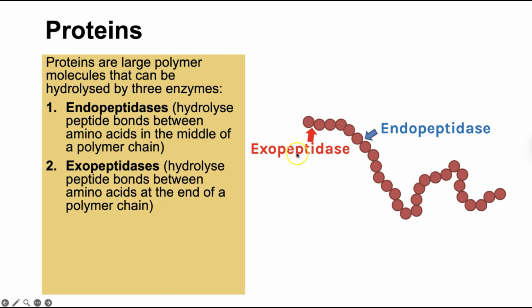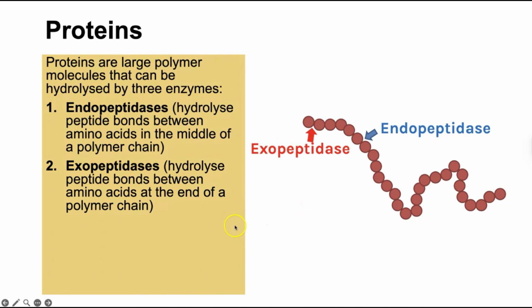And that is the exopeptidases. And these hydrolyze peptide bonds between amino acids at the end of the chain. So by hydrolyzing the chain into many smaller ones, that's what the endopeptidases do, that increases the number of exposed ends for the exopeptidases to work on. So those two work together, doing the same thing, hydrolyzing peptide bonds, just in different locations to speed up protein